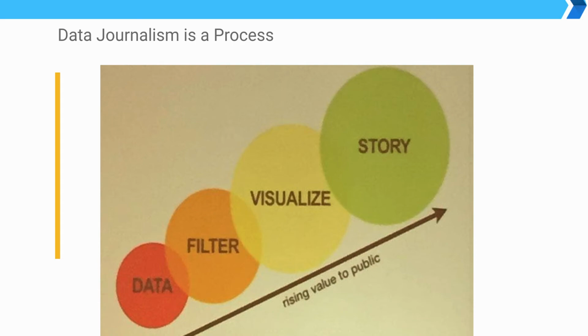This is a visual that Bell had too of the data visualization process. Finding the data is in the lower left. Filtering it, analyzing it, sorting it, filtering it, cleaning it up. The fourth step she has is visualizing and then turning that into a story that has context. And that is,